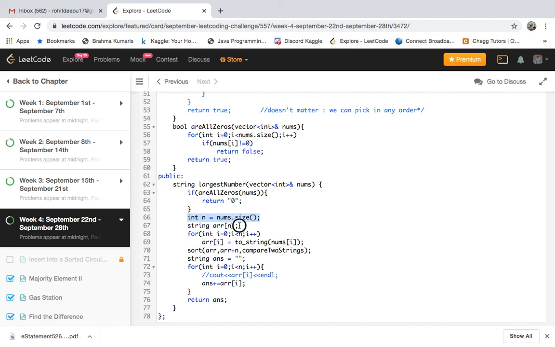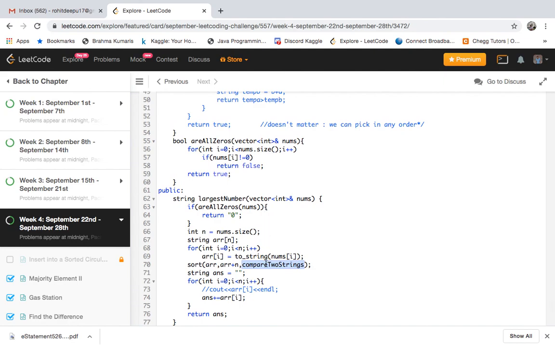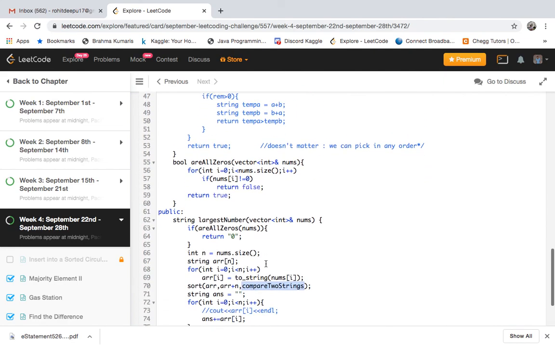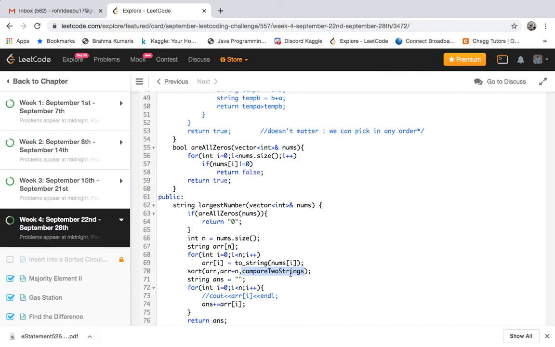I have taken an array of strings, converted all the numbers to strings, and sorted them. But instead of sorting directly, I have given my own self-defined compare function.